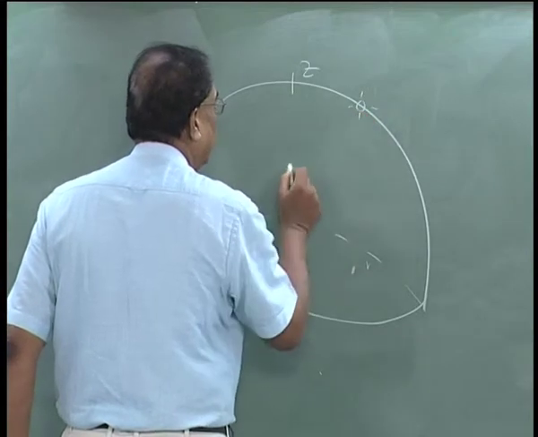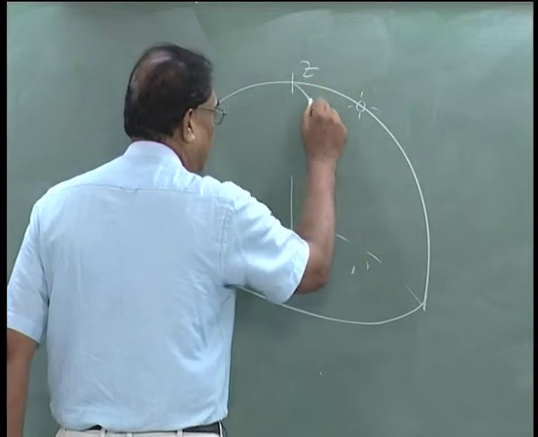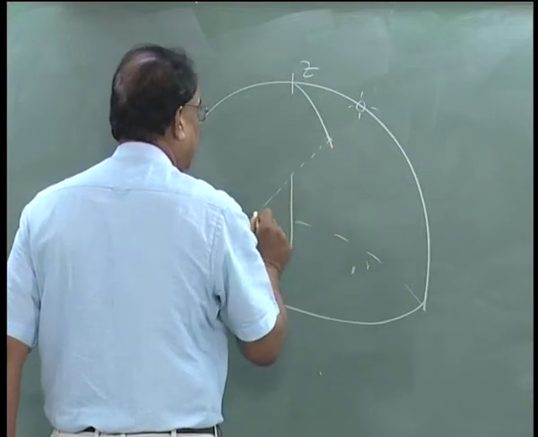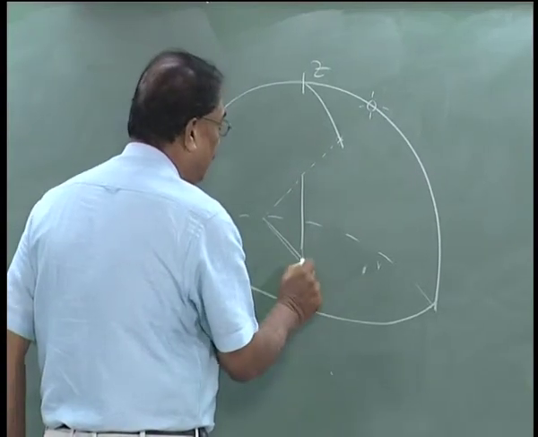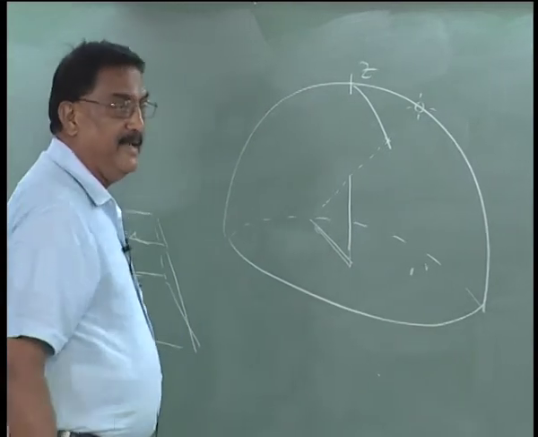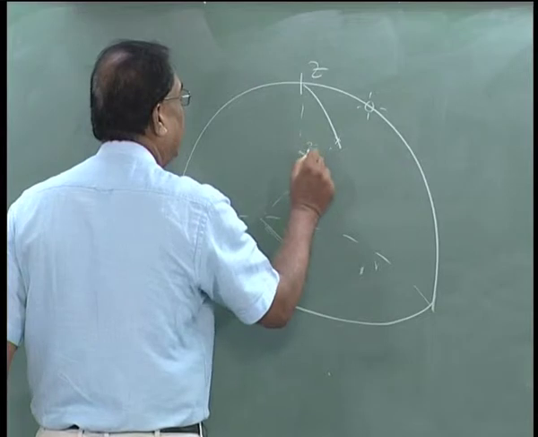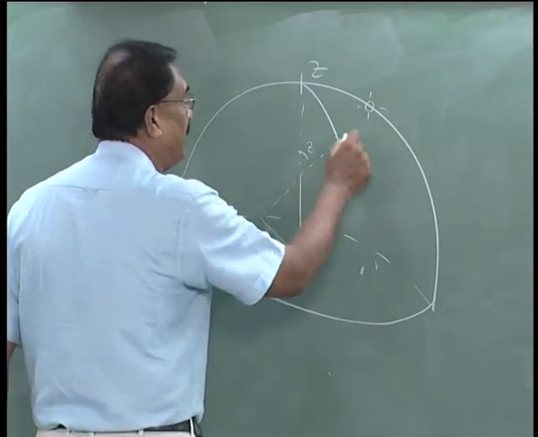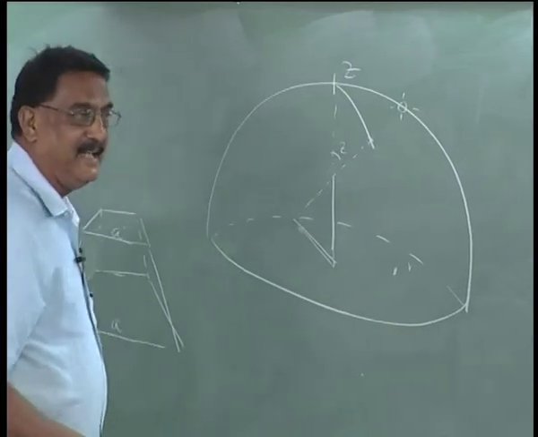And then the sun is here, let us say. So this is your gnomon. Now the sun can be somewhere here at some arbitrary time, okay, and the ray is falling like this. So this is the shadow, okay, and the shadow will depend clearly on this angle. Of course, this is not to scale at all. Actually, this distance is much more than this, but just for clarity, I have drawn it like that.